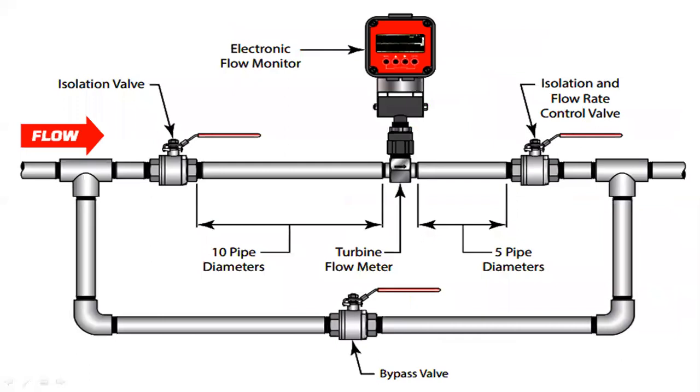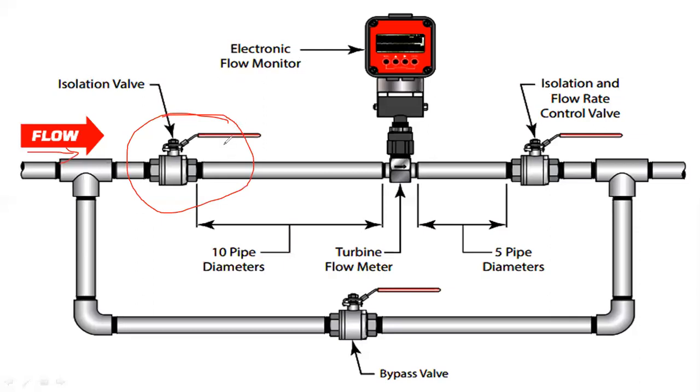So it is the overall setup of the turbine flow meter. You can see this arrangement, where we place the turbine flow meter in the pipeline system, so the flow occurs in this pipeline system. That is the red indication mark, it is the flow. There is the flow controlling valve and the isolation valve. The isolation valve is used to control the flow rate.